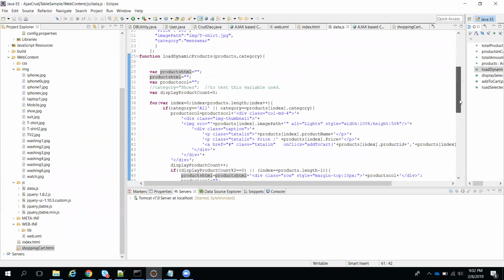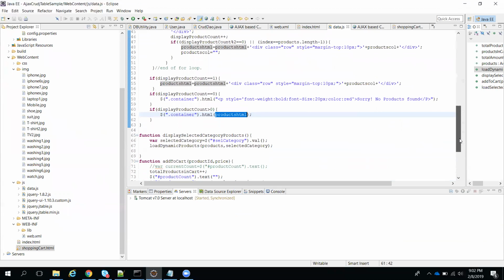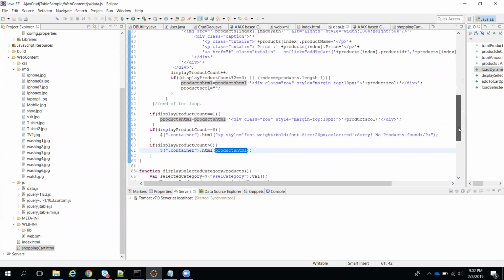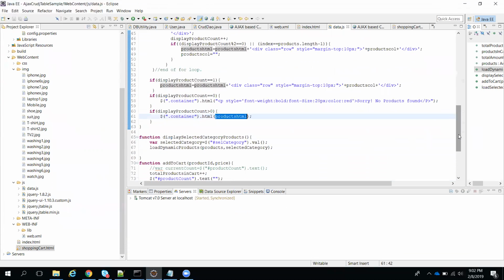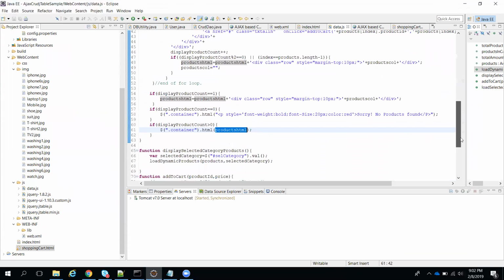So while you are implementing, we need to look into these many conditions. Suppose in your case you want to represent 3 elements per row, then you need to modify it here by 3 or something like that. Based on your requirement we need to modify these small conditions. So we need to think in different ways. This logic we need to implement.